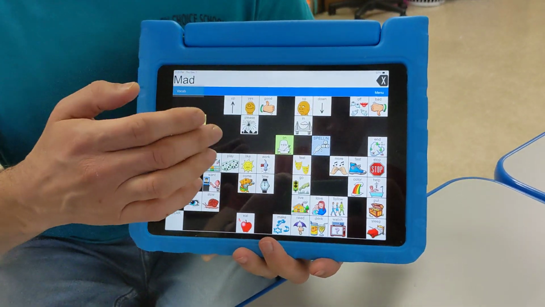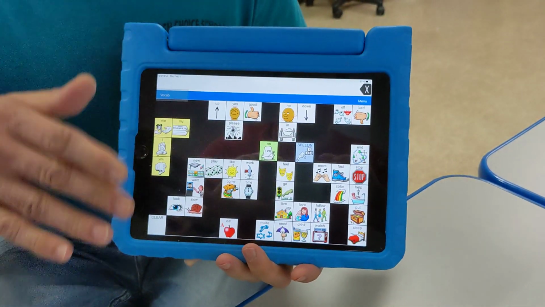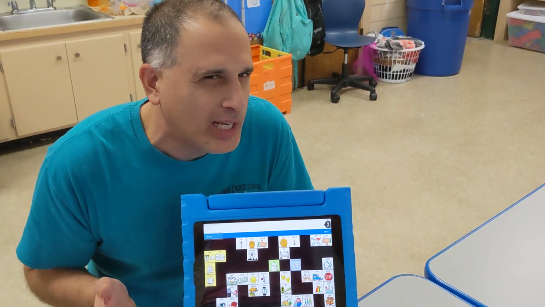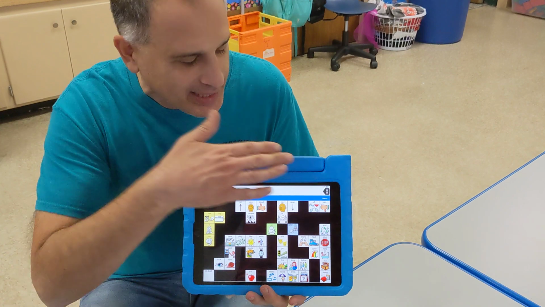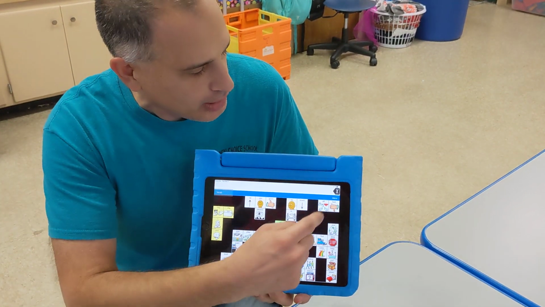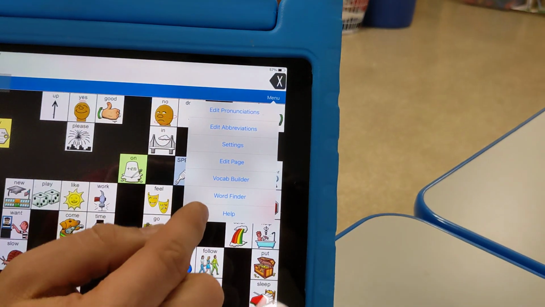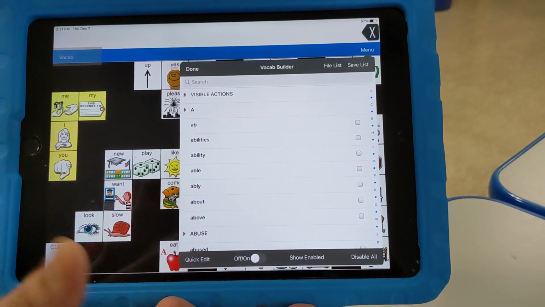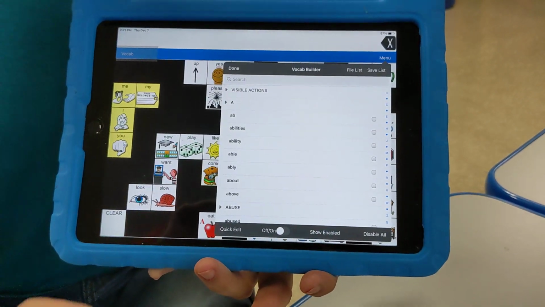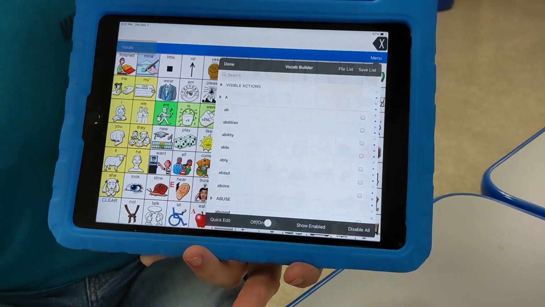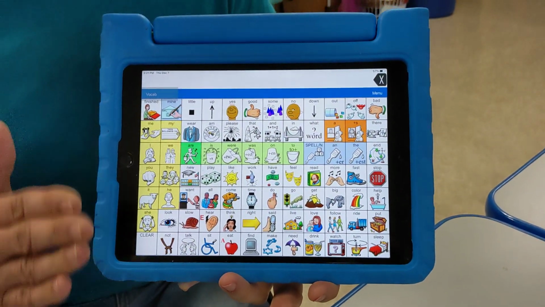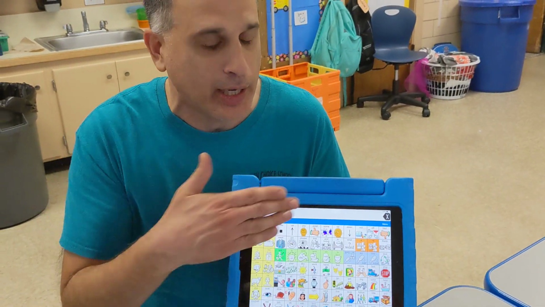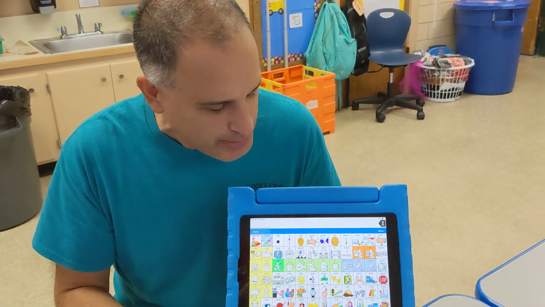Now, if all the vocabulary was available, there's something called the vocabulary builder, which you could call the vocabulary masker or hider, because that's what covers up some vocabulary. So if I go in this menu and I go to vocabulary builder, and at the bottom I say turn it off, that means I'm not hiding anything. So now when I say done, this is full. Now, we're not going to do this with our children. We're not going to make it like this, but I want you to see that there's hundreds, maybe thousands of